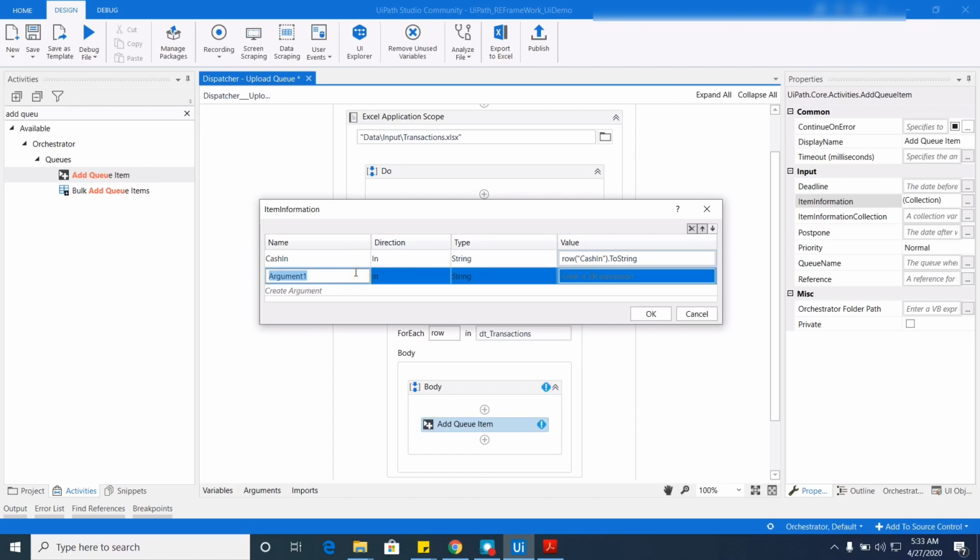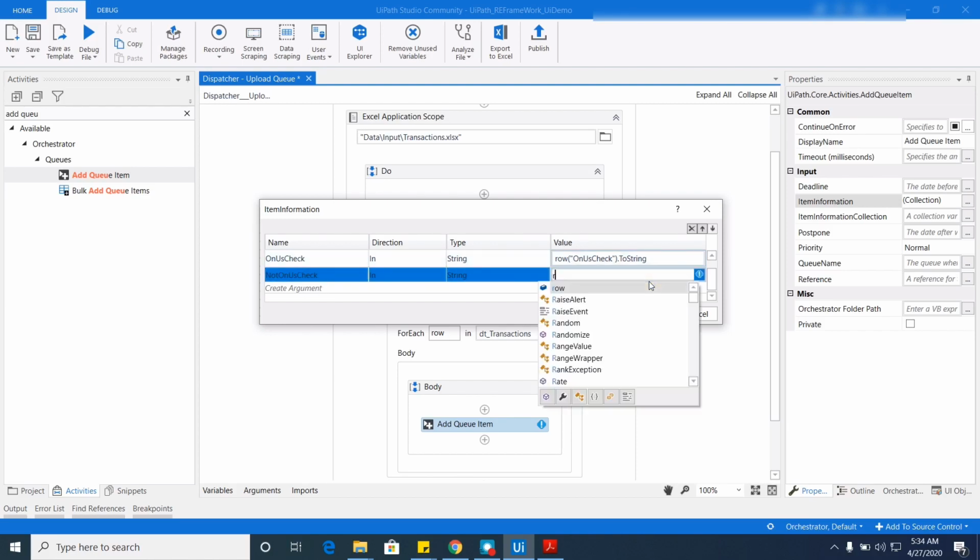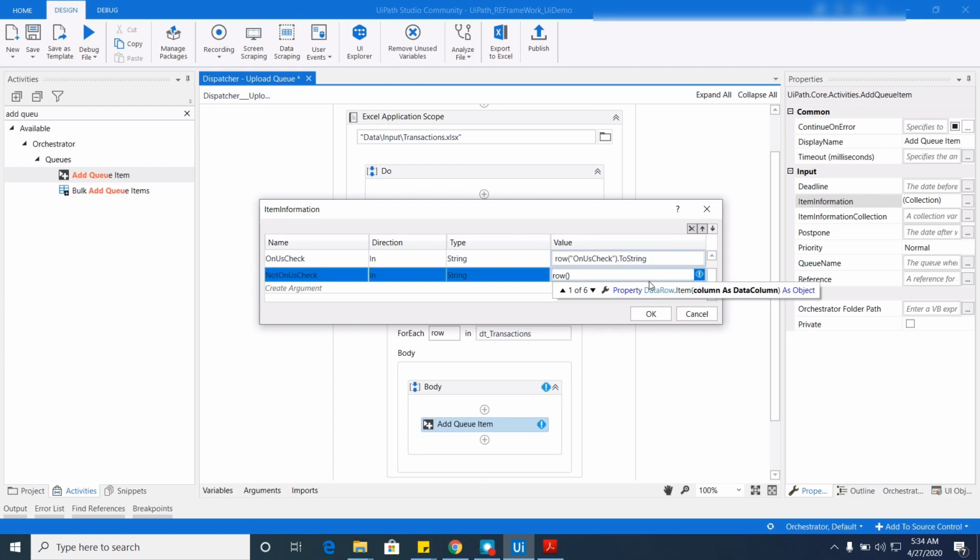Next one should be on as check, same direction and type. It will be row on as check that to string. And then the third one is the not on as check, same direction and type again. And then row, not on as check that to string. So